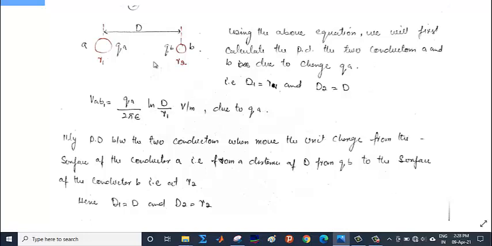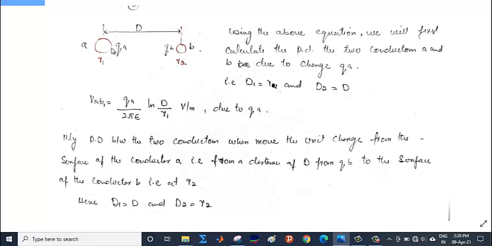But in this case, since we are calculating the capacitance, the inside of the conductor will be 0, because it is a conductor and we know that the electric field inside a conductor is 0. So we need not calculate the internal capacitance of a conductor. So when we calculate the potential difference between points, let's say,